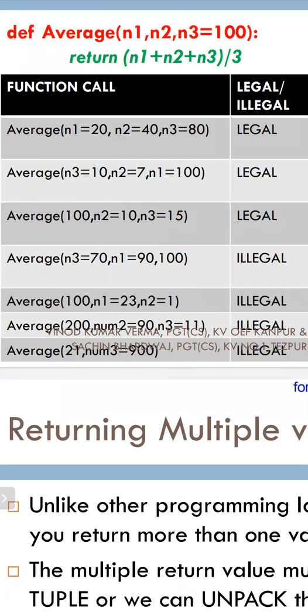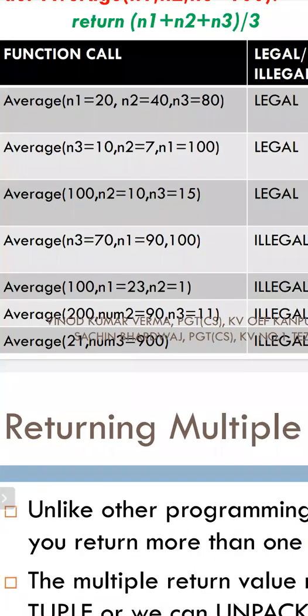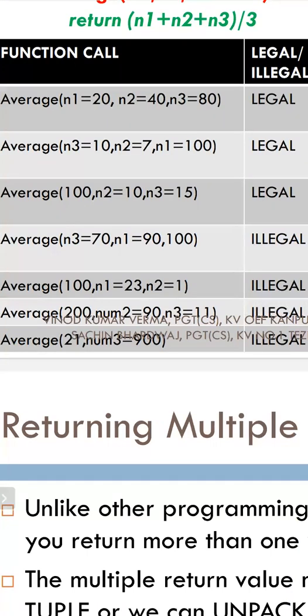Did you understand this concept? Yes, sir. Okay, let me see illegal. That's the only question. Yes. Sir, if a position argument is defined first, why is the last before third wrong, sir? Illegal. That is the fourth one you are saying. Fifth line, sir. No, I will tell that. I understood your question. Let me see one by one. One minute. Let us see the fourth line. Is the fourth line illegal? No. Since the position argument